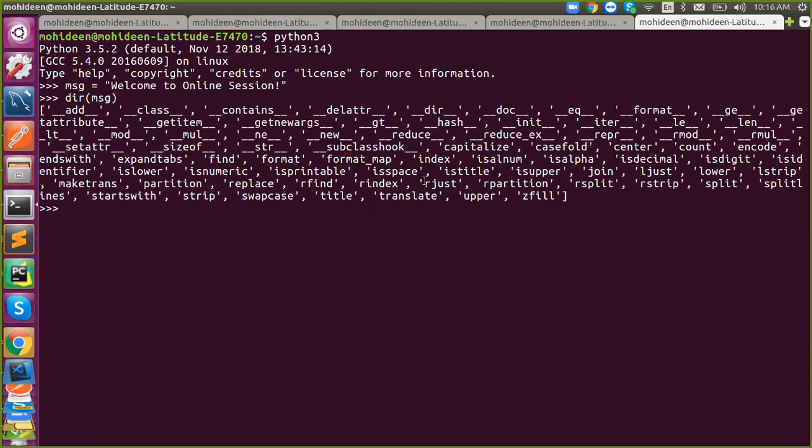Okay. And is that the only method, or do we have any other method? Index. Index. It's called slicing. So with the help of indexing we can split your string, right?